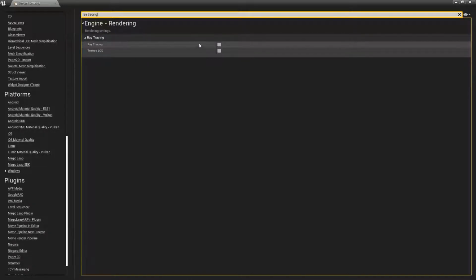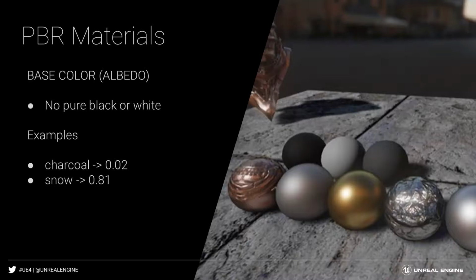And we want to make sure that ray tracing is enabled. And you'll see that when we do that, we need to restart our project. Let's go ahead and do that. Now, before we begin adding lights to our scene and setting up all the ray tracing effects, there are some